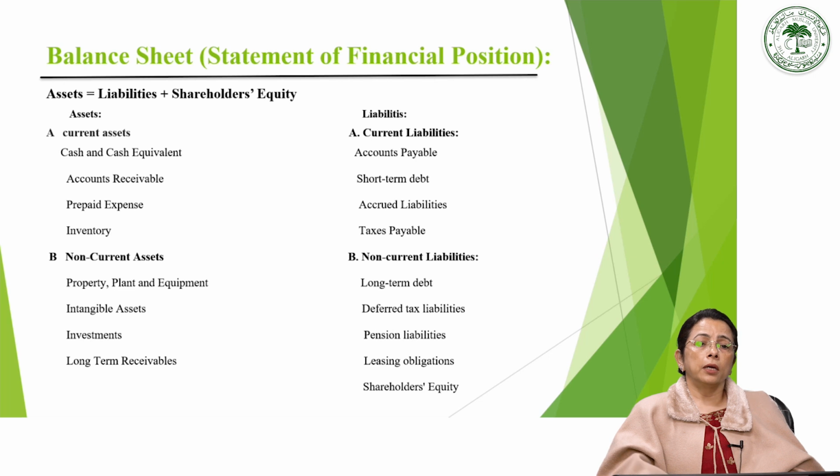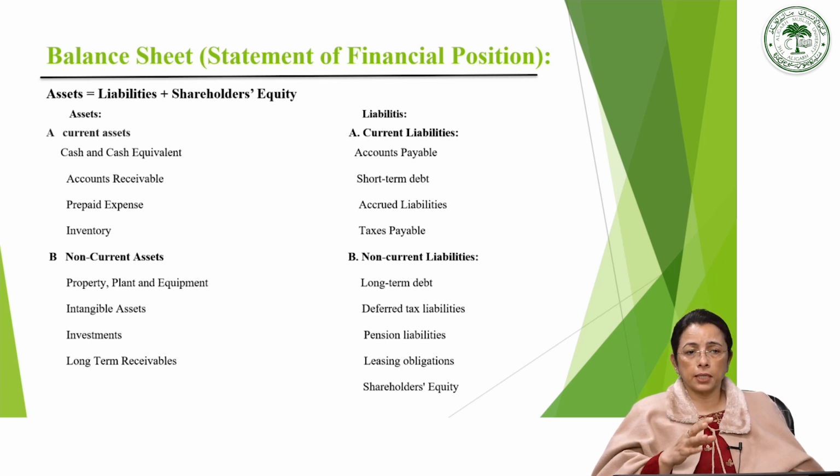So these are the asset side of the balance sheet, the components that are classified under two heads, that is the current asset as well as the non-current asset. Next, we have the liability side. On the liability side, again, we can classify the liabilities into two parts, that is the current liability and the non-current liability. And similarly, here also, depending upon the flexibility or short span of time,